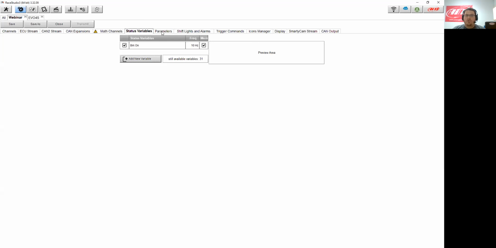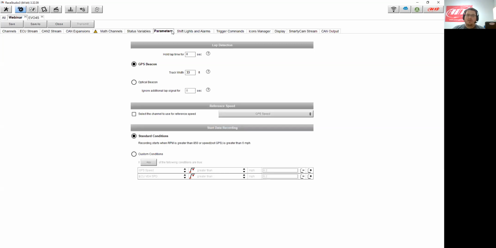Next, you have an important one in tabs, parameters. And this has the banners across telling you what the functions might be related to. Lap detection is, you see here at the top, hold lap time, and this is actually for your display. So how long are you seeing the lap time as you come across your start finish line? And a lot of people don't know that this can be changed or edited, but you could make it shorter